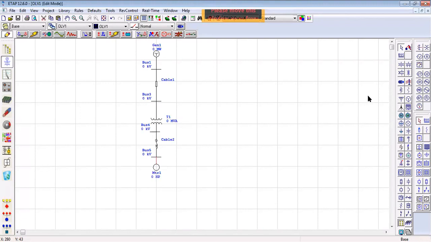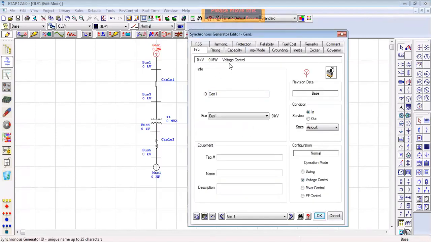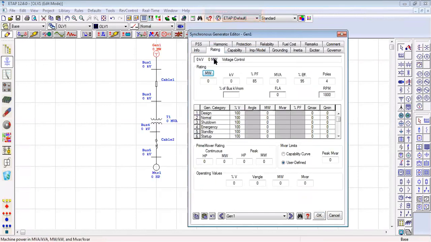So this one is our single line diagram, and now we have to put down the ratings. इसके ऊपर पहले ratings करेंगे, then we apply the load flow analysis on it. So for the rating, as we have done in the last lecture, just click that device, double click it, and this window appears, and come on the rating side. Here it is rating. Just assign the values. I put here 1 megawatt, and let the kilovolt be 0.4, और जो बाकी की ratings हैं that come automatically.